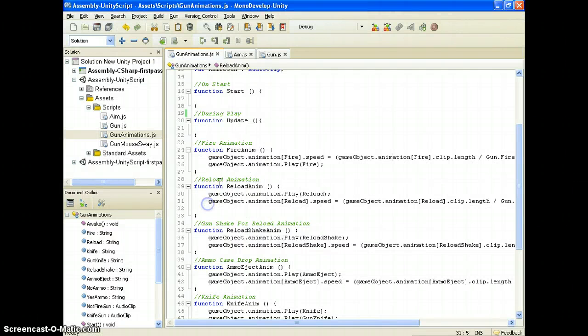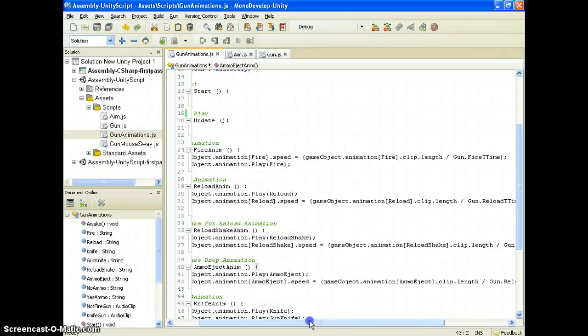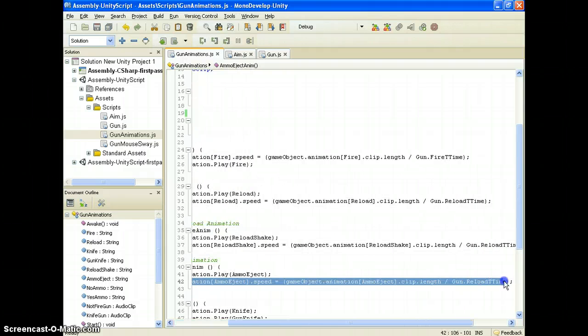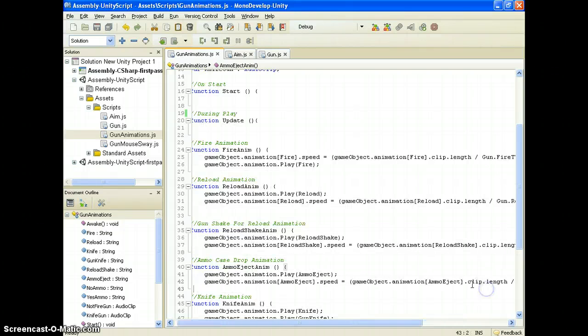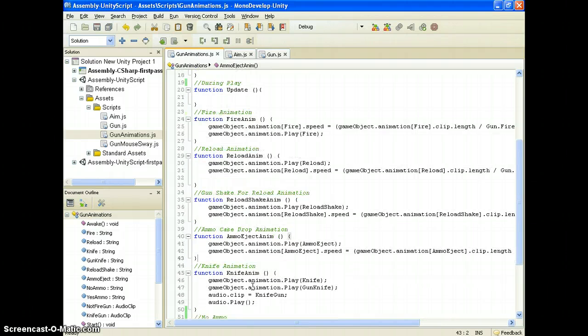Okay, so the reload animation, the gun shake for reload animation, and the ammo case drop animation are all sort of the same. They're the same speed, really. I've made all the animations stop at the same time. All I've done is put gameObject.animation[animation name].speed equals gameObject.animation[animation name].clip.length divided by gunReloadTime. As it's reloadTime, they are all linked and they all take the same time